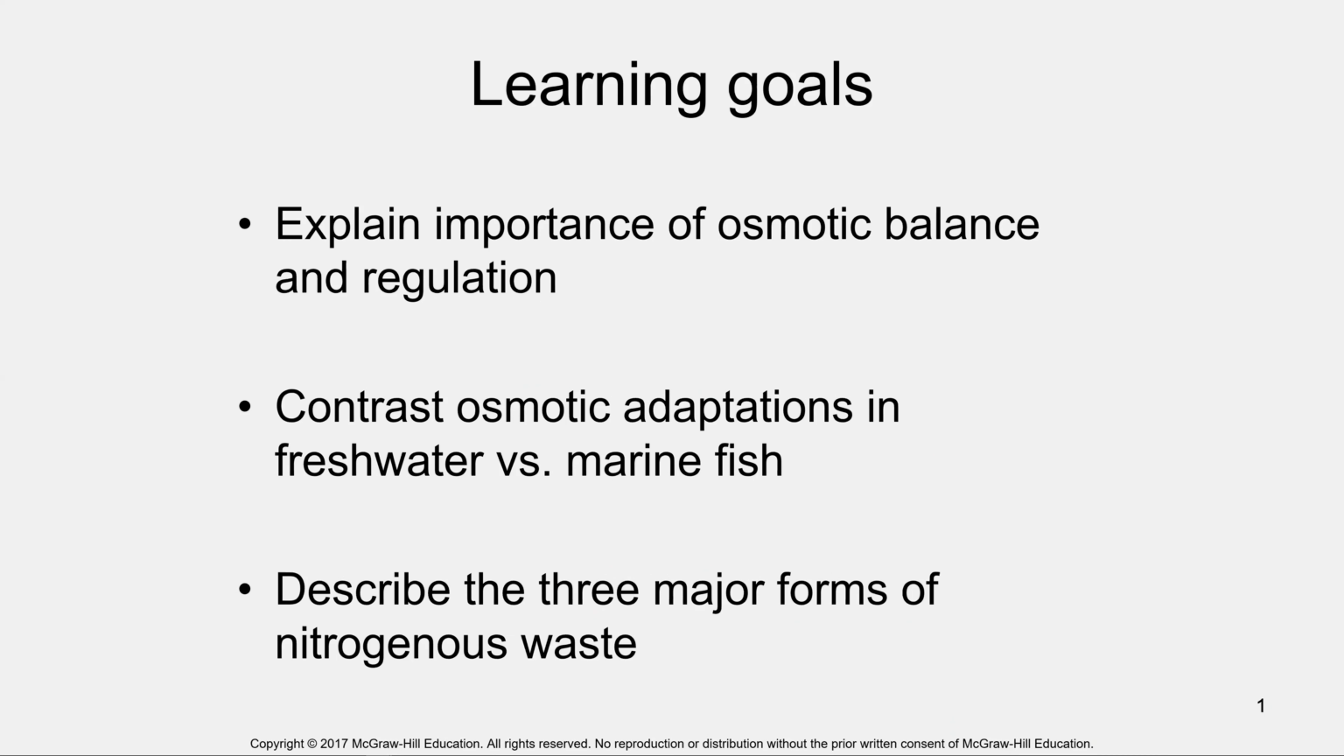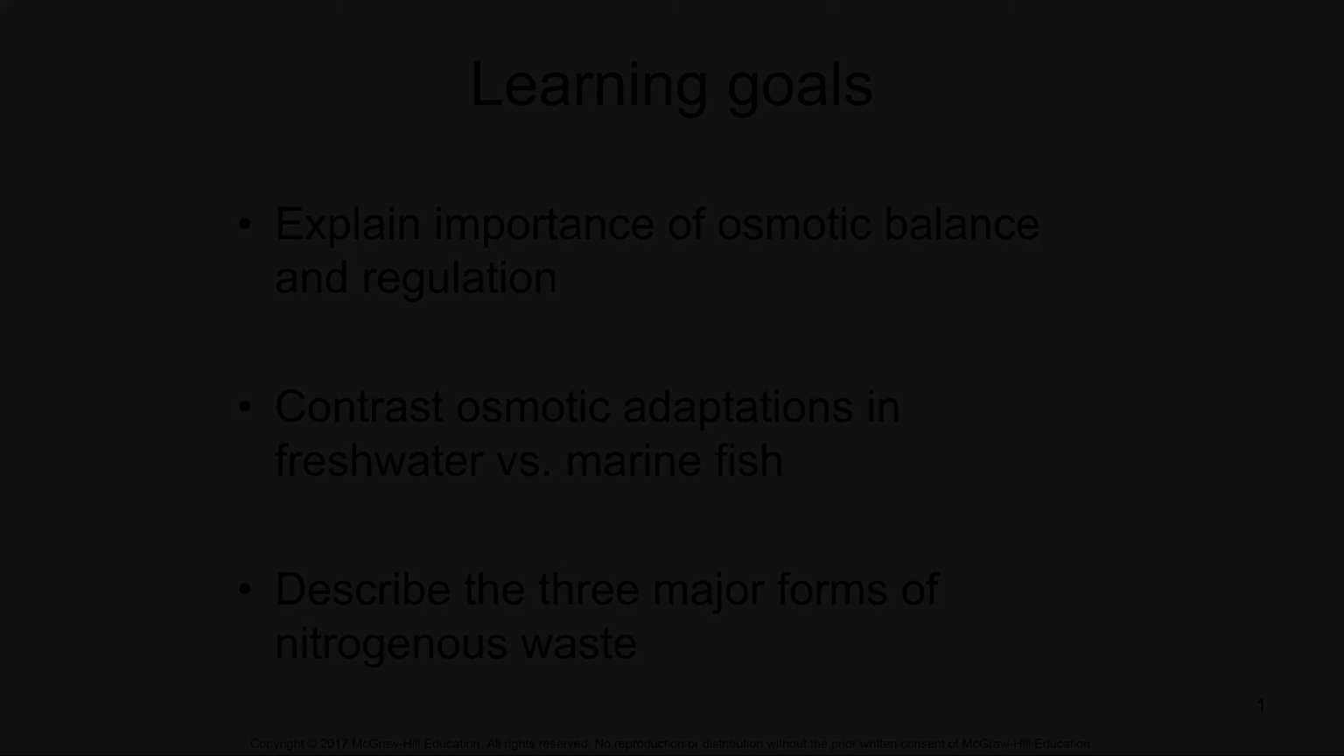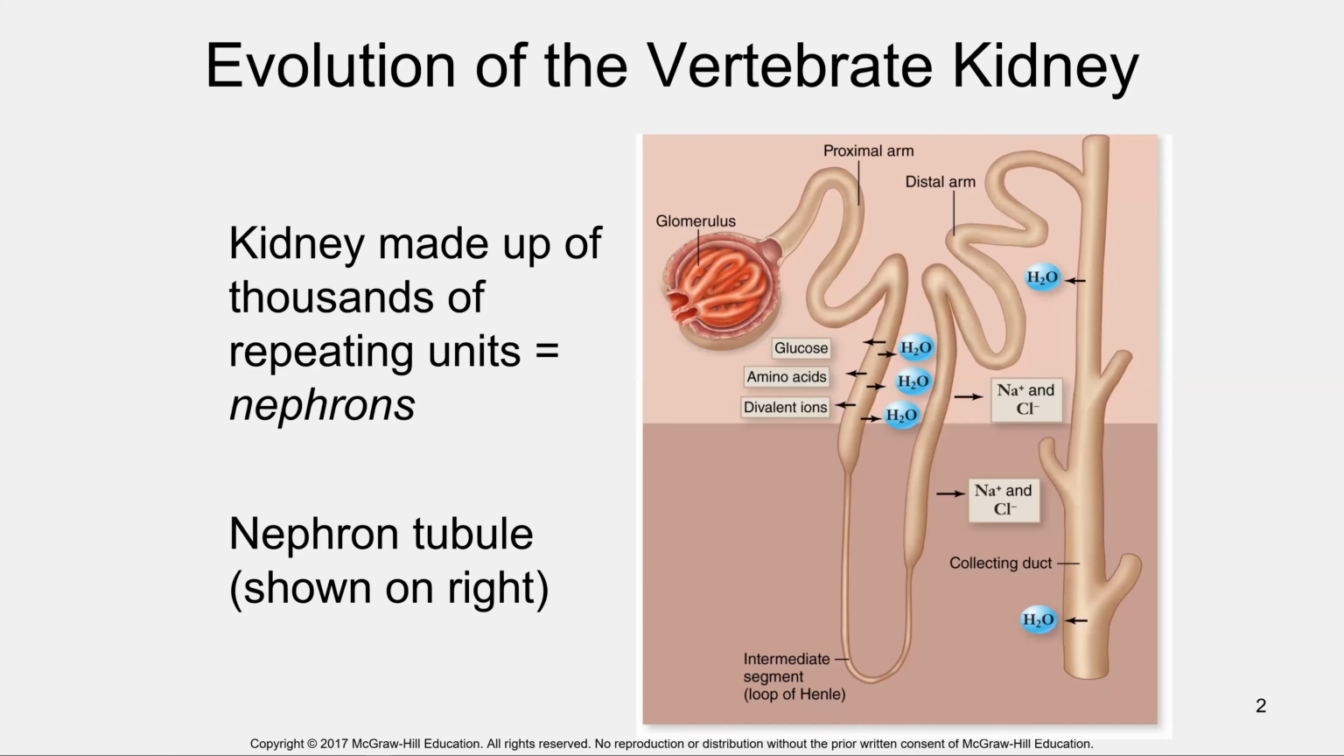Today we're going to be looking at the importance of osmotic balance and regulation. Also, we're going to be looking at some differences between types of organisms such as freshwater fish and marine fish and their osmotic adaptations. And we're going to be looking at the three major forms of nitrogenous wastes. Vertebrates can be found in many different environments, and the environmental differences come with varying challenges with regards to osmotic